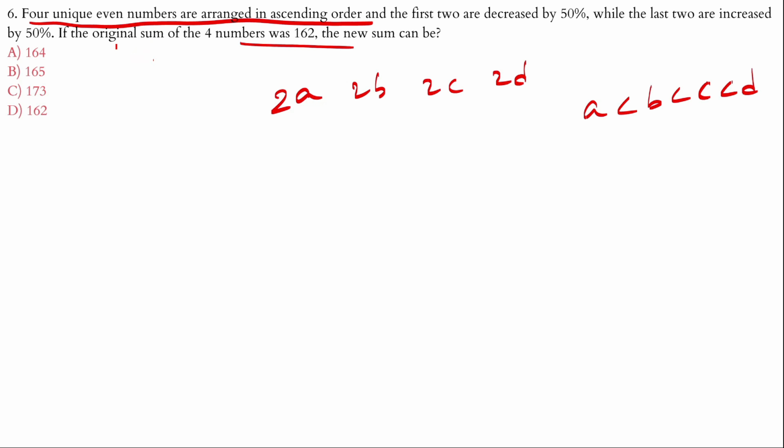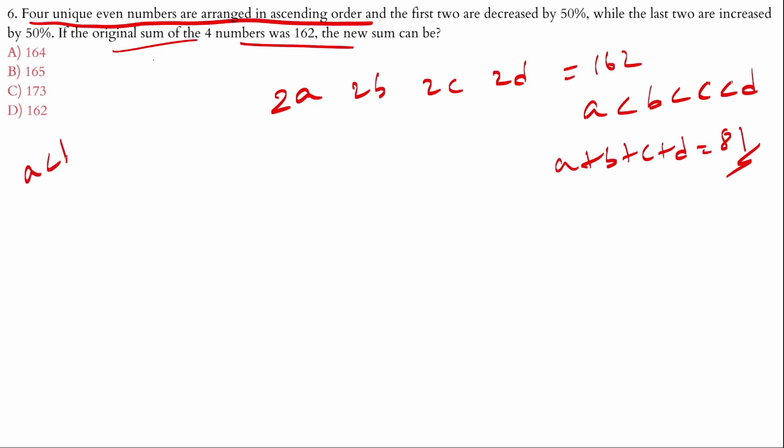The original sum of 4 numbers was 162. So 2a plus 2b plus 2c plus 2d is equal to 162. So we can say that a plus b plus c plus d will be equal to 81. And here we know, as all are natural numbers and they are arranged in ascending order, so we can